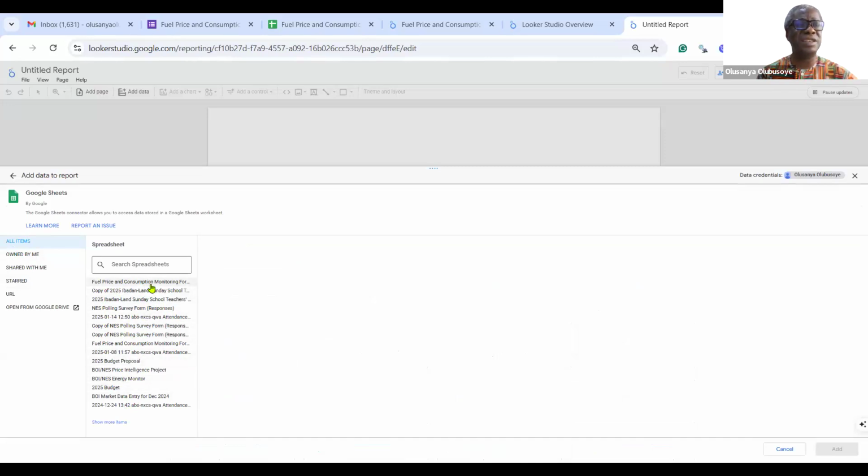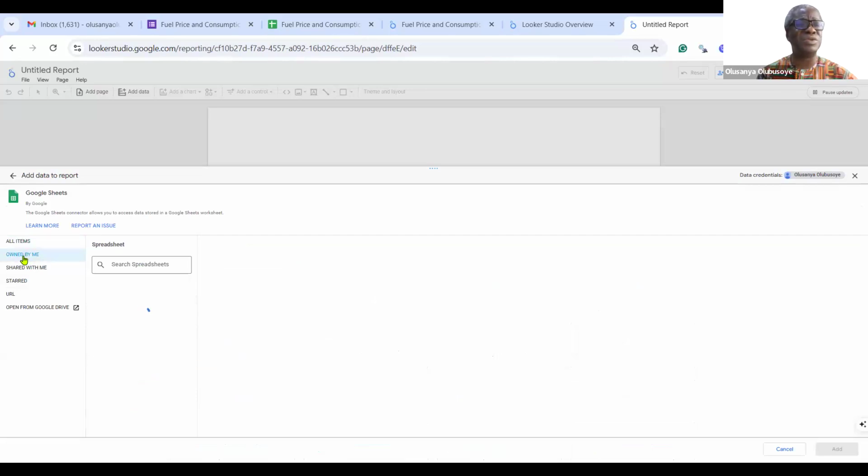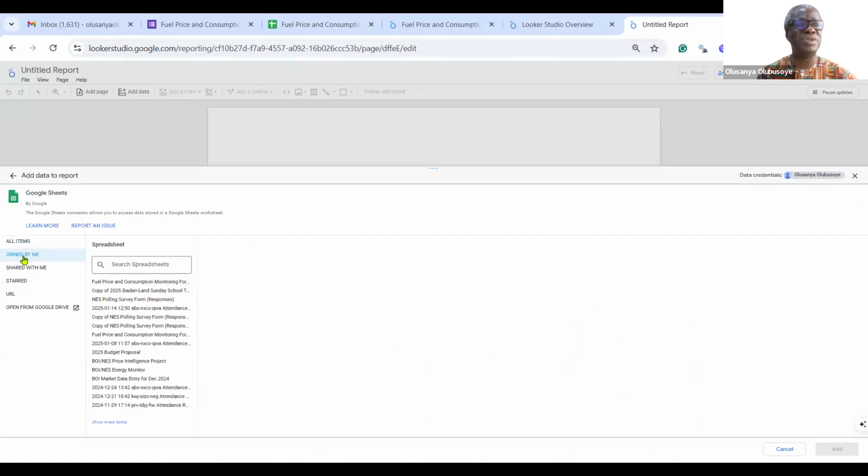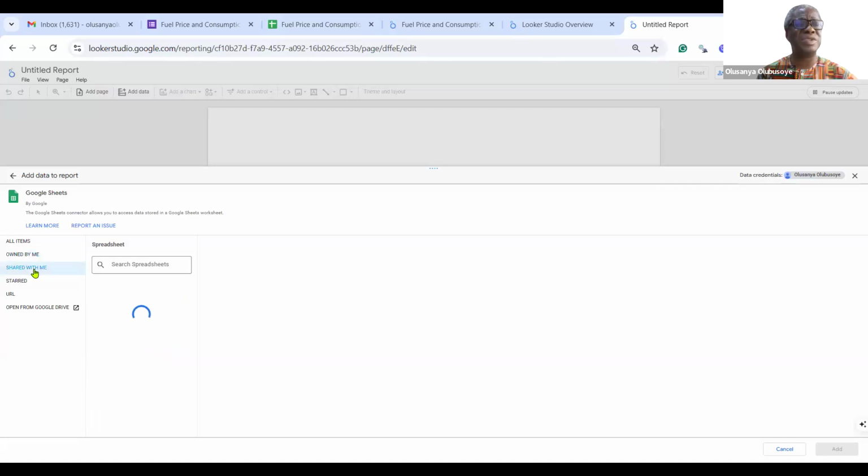You can see the one for fuel price and consumption monitoring. These are all items. If you have too many items, you can narrow down to those that are owned by you, those that are shared by you, or those that you have starred.